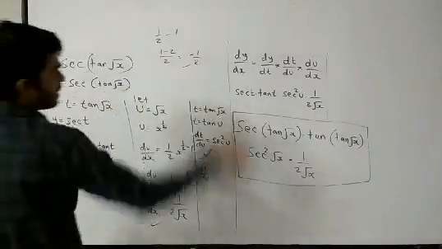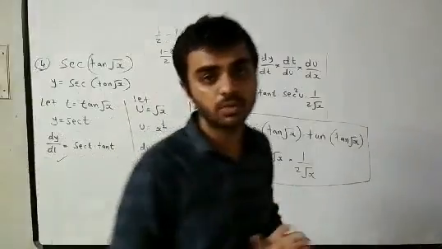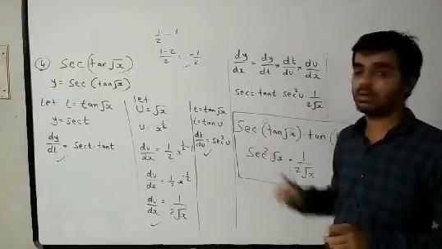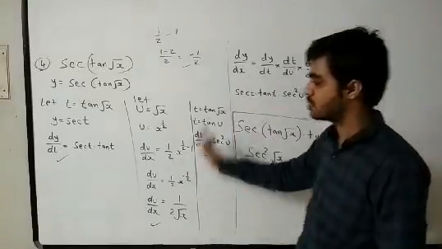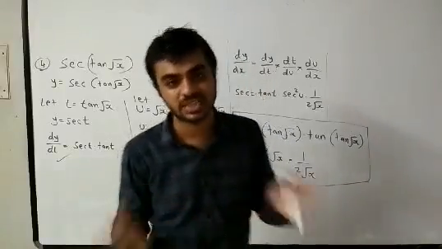I hope whatever is covered today is clear to you and completely understood by you, right? So this is how the chain rule works for 2 differentiations or for 3 differentiations. This way we are supposed to solve. So in my next video we will be solving more sums based on this exercise, right?